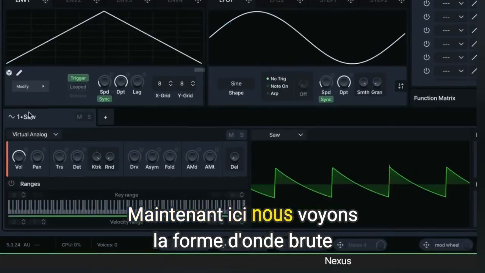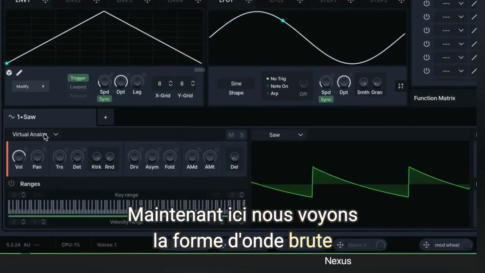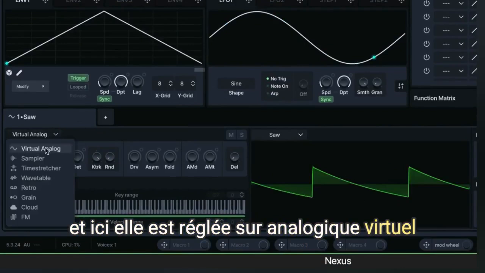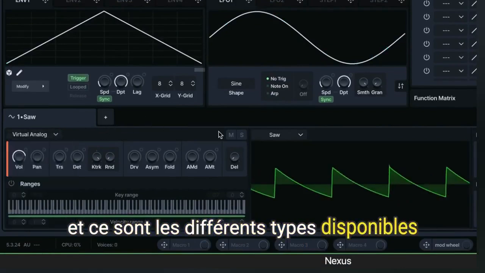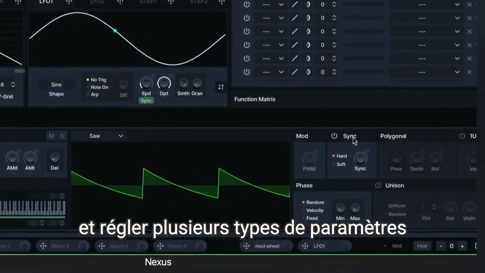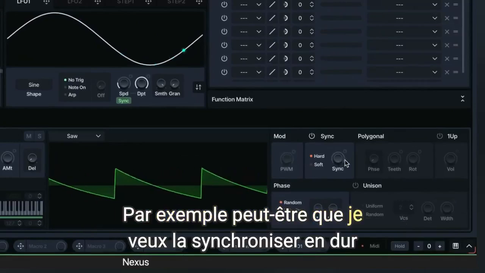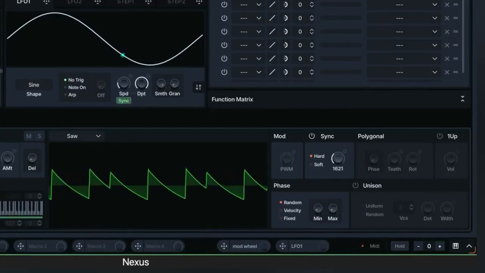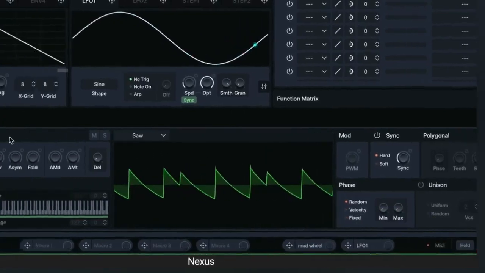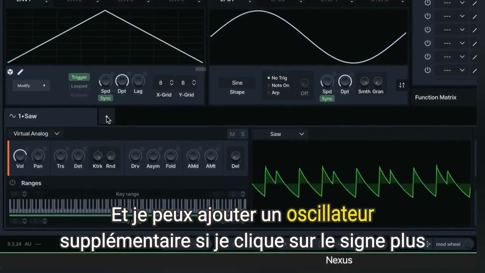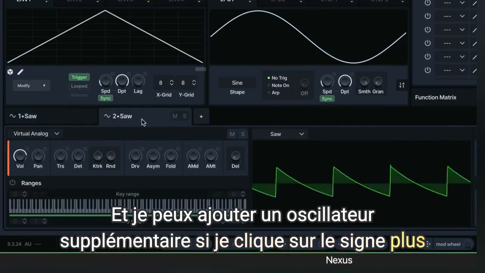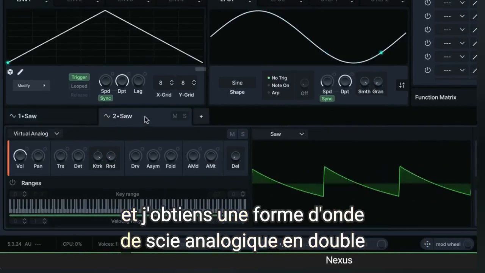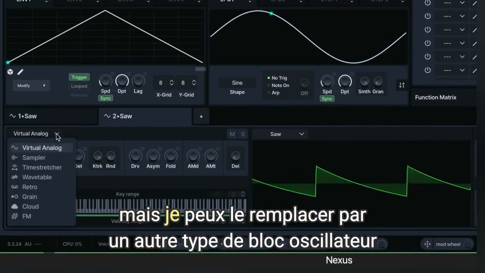Now here we see the raw waveform, and here it's set to virtual analog, and these are the different types that are available. And I can switch it here and set multiple types of parameters. For example, maybe I want to hard sync it. And I can add on an additional oscillator. If I click the plus sign, I get a duplicate analog saw waveform,